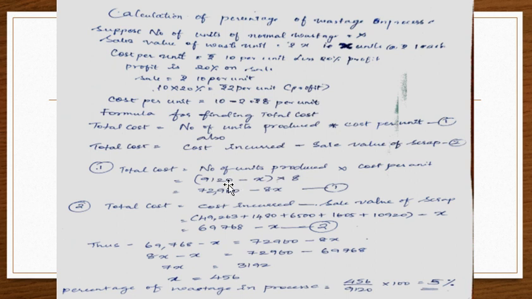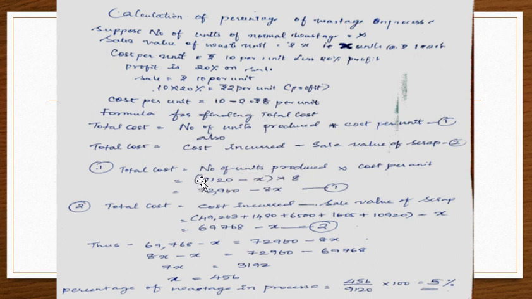Out of this 9,120 units produced, there is a normal loss present in it. Number of units produced is the total units introduced minus the loss. Only when you minus the scrap loss or the normal loss, you will get the number of units produced in that particular process. But we don't know what the normal loss incurred is. So as we have assumed earlier, considering x as normal loss units, we will consider x here.